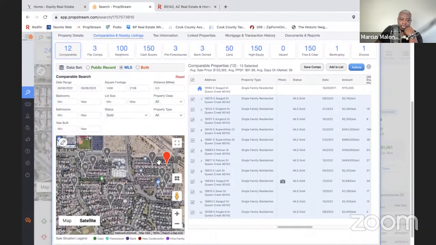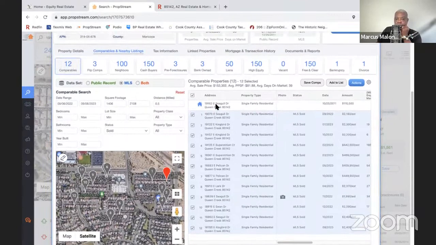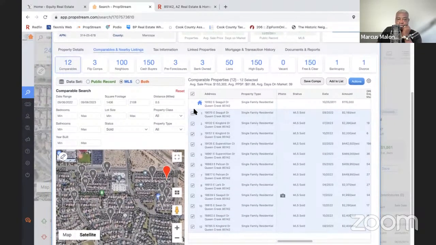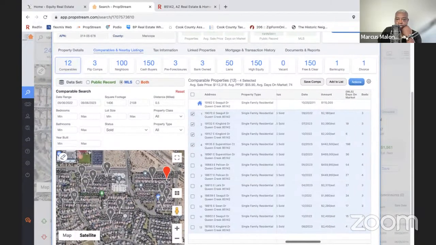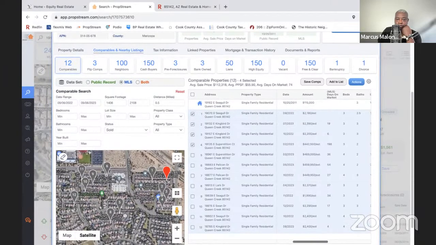All right, so we're right in this little pocket here. We have 1, 2, 3, 4 properties in this little pocket that we can possibly look at. So let's uncheck, check, check, check, and check. All right, so looking at these, we have